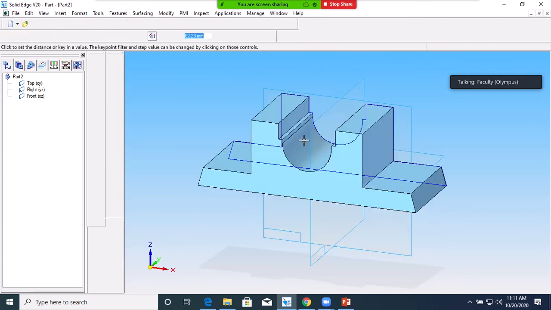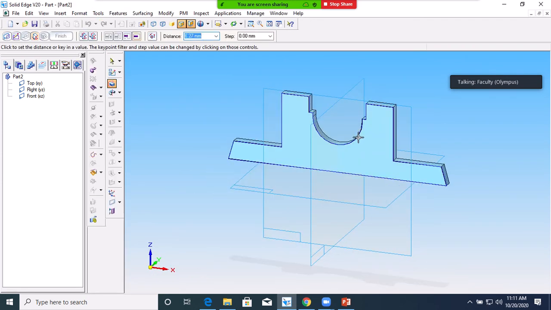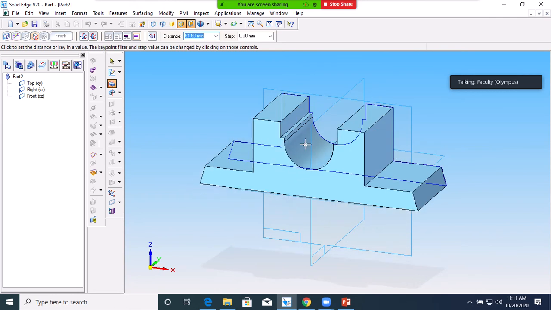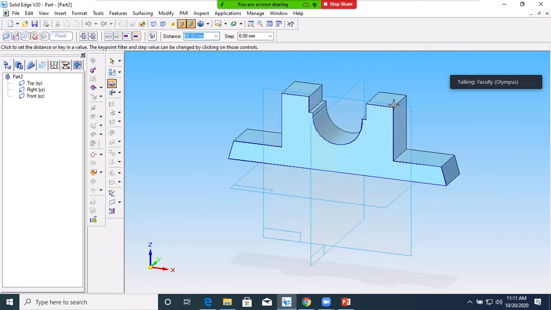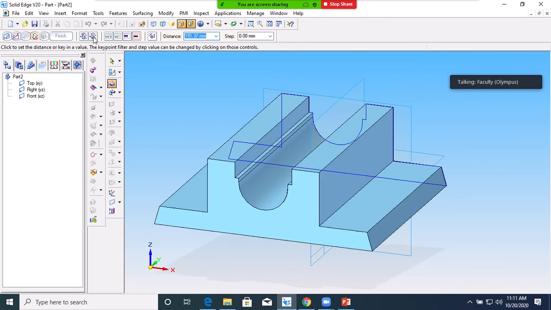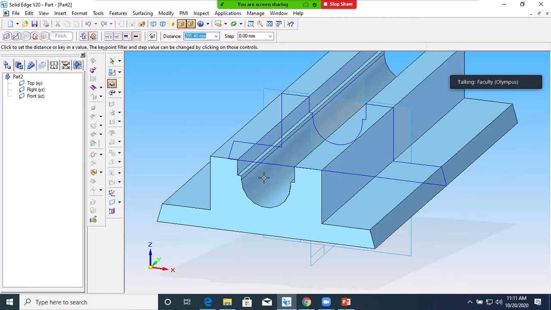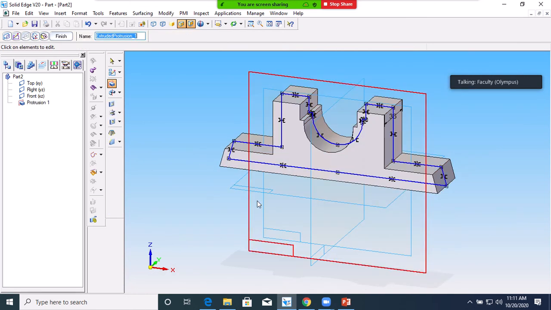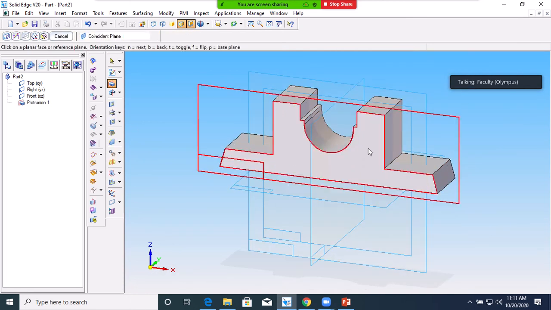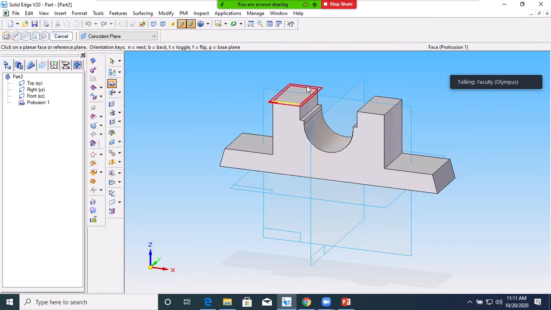So it is taking the return option. I don't want to create a profile either completely behind or completely in front. I want symmetric extension from both sides of the plane. Here you will have symmetric extent. You have two types of extent, non-symmetric extent and symmetric extent. Use symmetric extent, give the width 36. Then finish. From the plane it will take 18 backward, 18 front side. Is it clear?